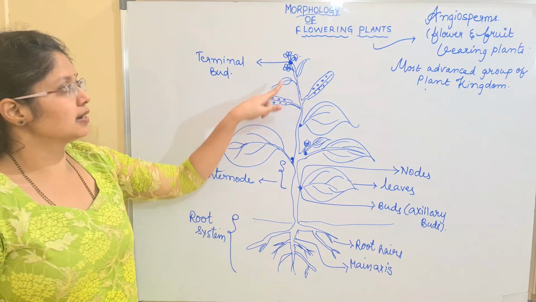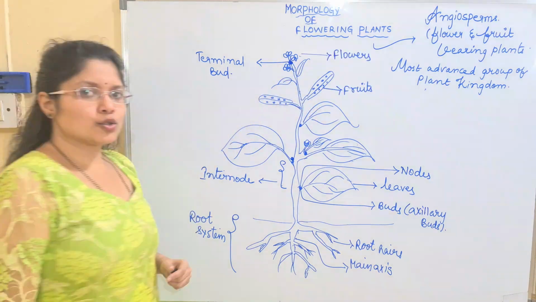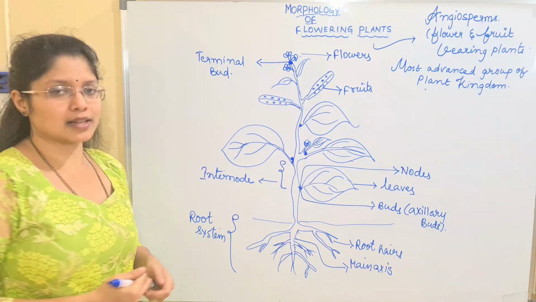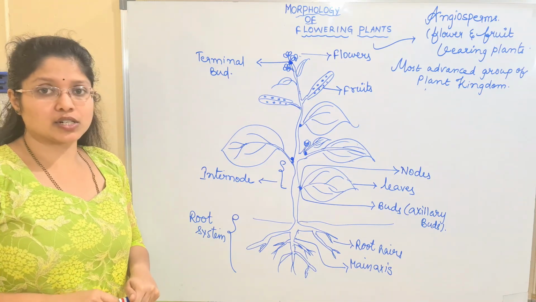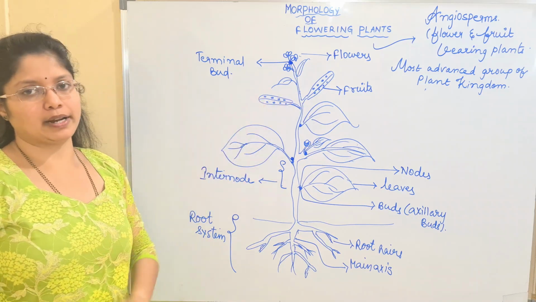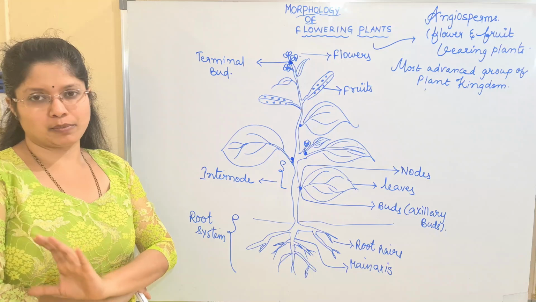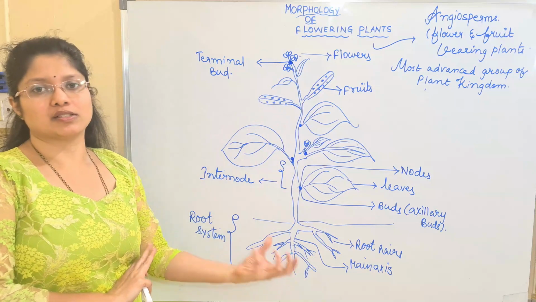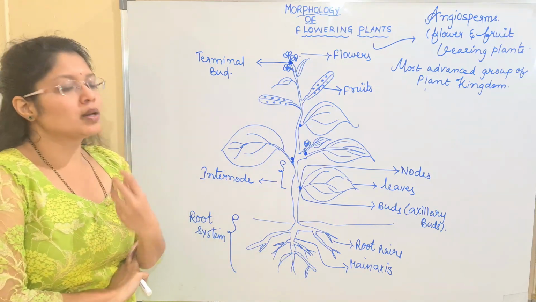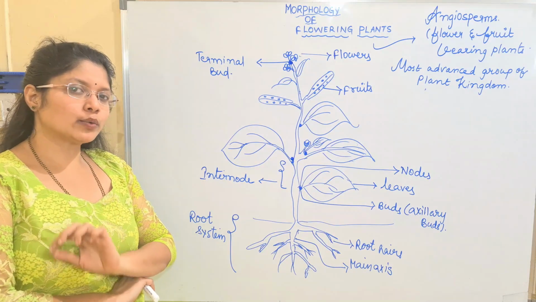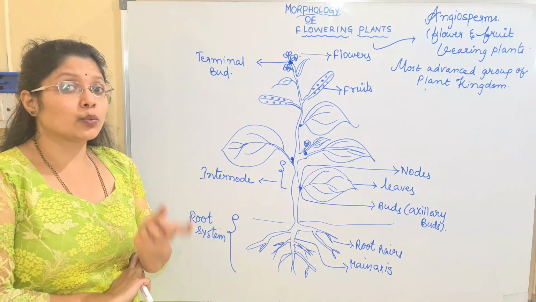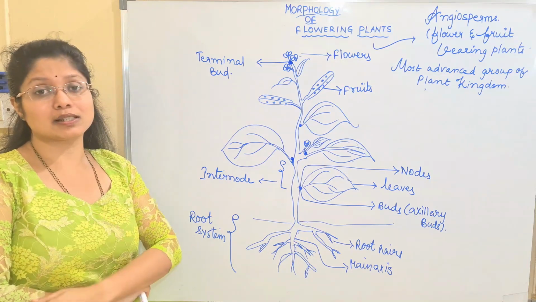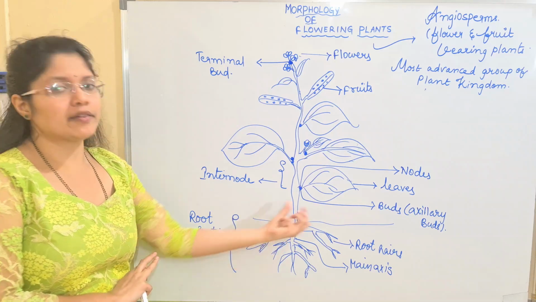Then what are these structures, children? These are flowers and these are the fruits. So the reproductive structures of the angiospermic plant are the flowers and the fruits. So this is regarding the morphology of the plant. Whenever you see an angiospermic plant, you can find all these features externally. Then what will you mainly learn in this chapter? We are mainly learning the morphology and the variations. There is a lot of diversity, a vast diversity in the modification of every structure.